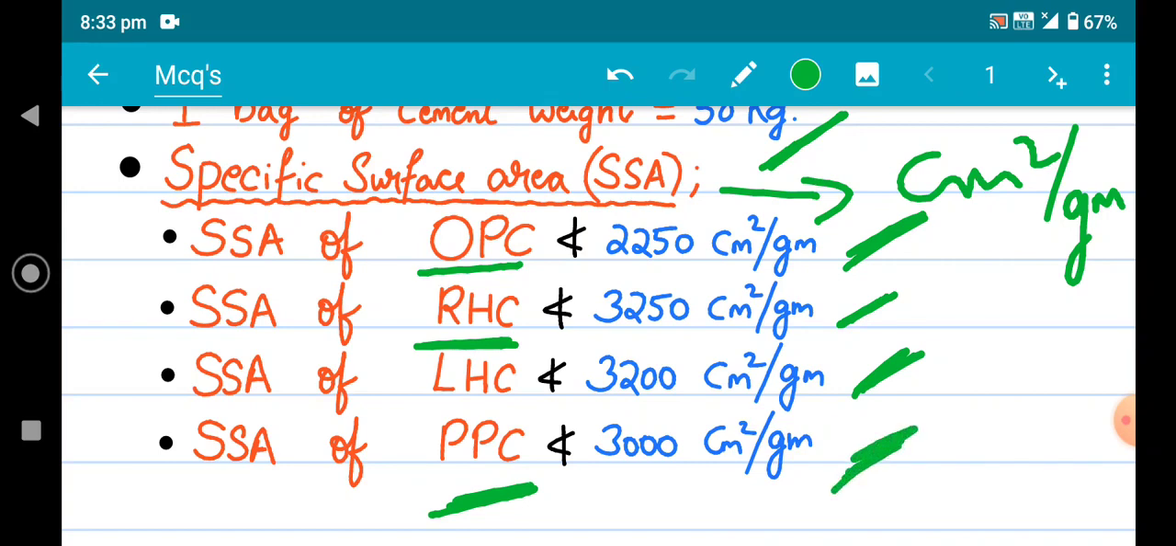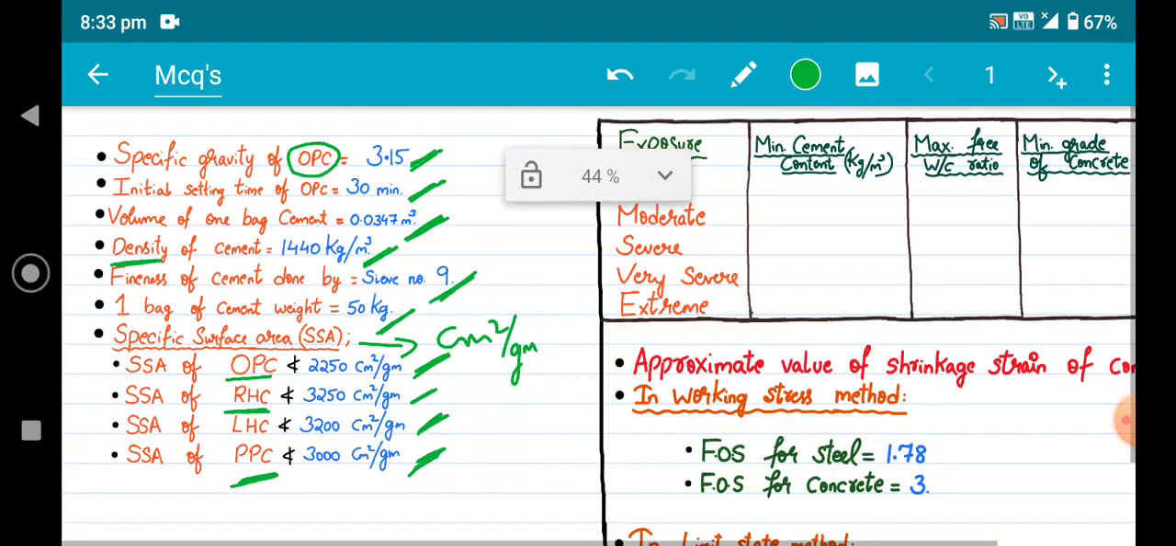So we have seen the four types of specific surface area of cement. First one is ordinary Portland cement, rapid hardening cement, low heat cement, and Portland Pozzolana cement, and the ranges also we have seen. Coming to next one,